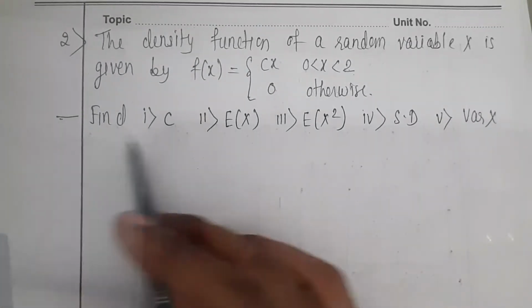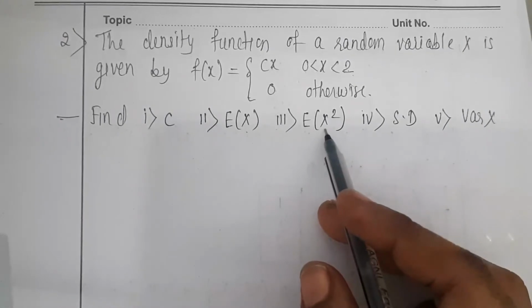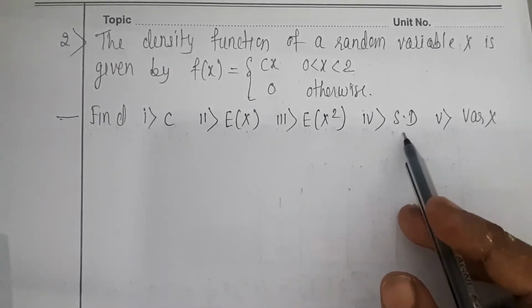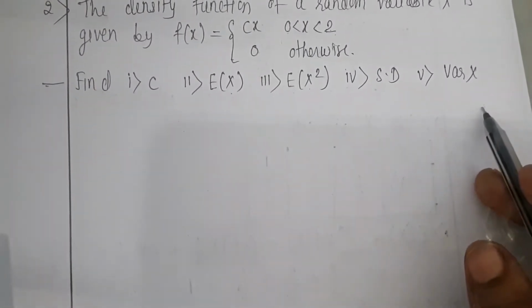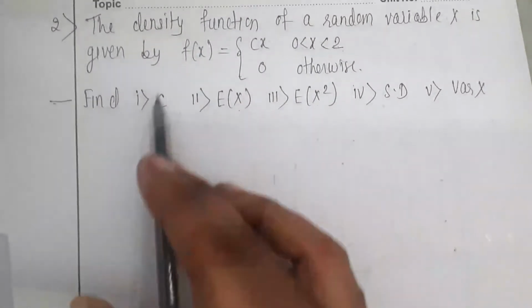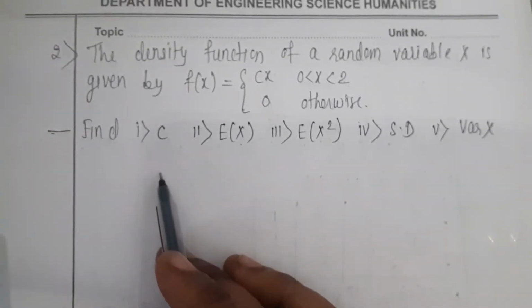So find out, first, the constant C; second, the expectation of x; third, the expectation of x square; fourth, the standard deviation; and fifth, the variance of x. So here we first want the constant. So to get the value of the constant,